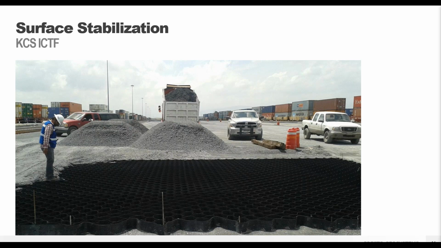So the haul trucks can basically just dump the aggregate into large piles, and it's not actually going to damage the GeoWeb panels. And then with a front end loader or similar equipment, the stone is pushed into the empty cells while the equipment drives on the infilled areas. And then workers can either hand rake the stone into the cells to make sure that they're fully filled, or just keep pushing in with that equipment. It's a fast and efficient process.